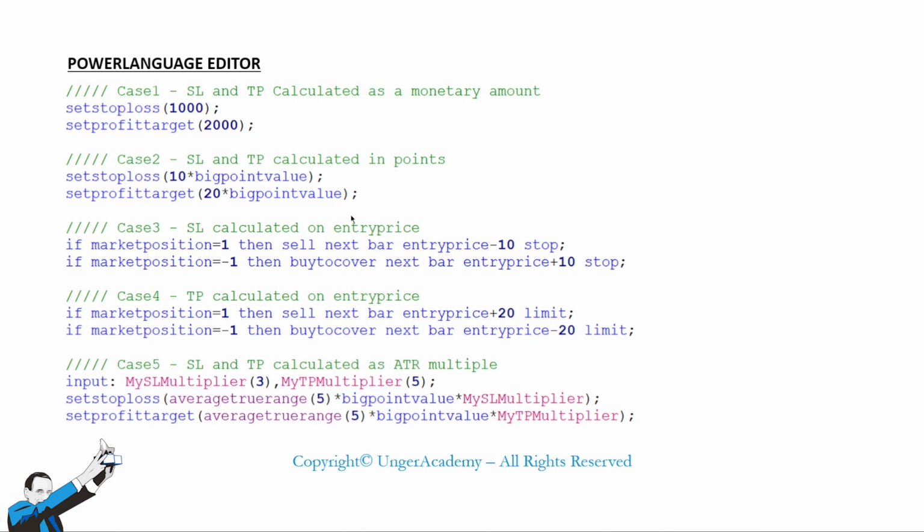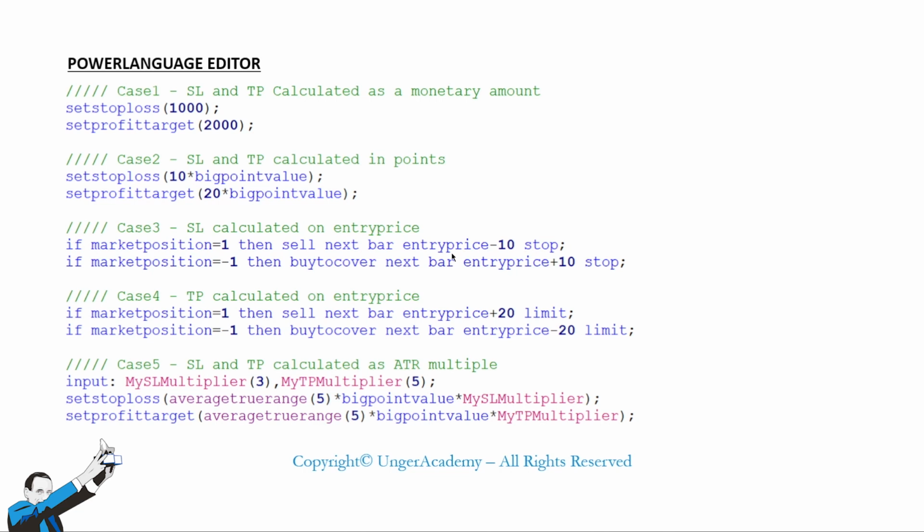To avoid these situations, we can use the case scenarios 3 and 4, where we calculate the stop loss and the take profit levels by specifying a distance from the entry price, which would be the theoretical entry price of our strategy. Now, this way we won't run the risk of having different stop loss and profit target levels in live trading. To do this, we only need to specify the distance. So in the case of the long positions, we'll write sell next bar entry price minus 10 stop, which means that we'll sell with stop orders once the market reaches a distance of 10 points away from the entry price